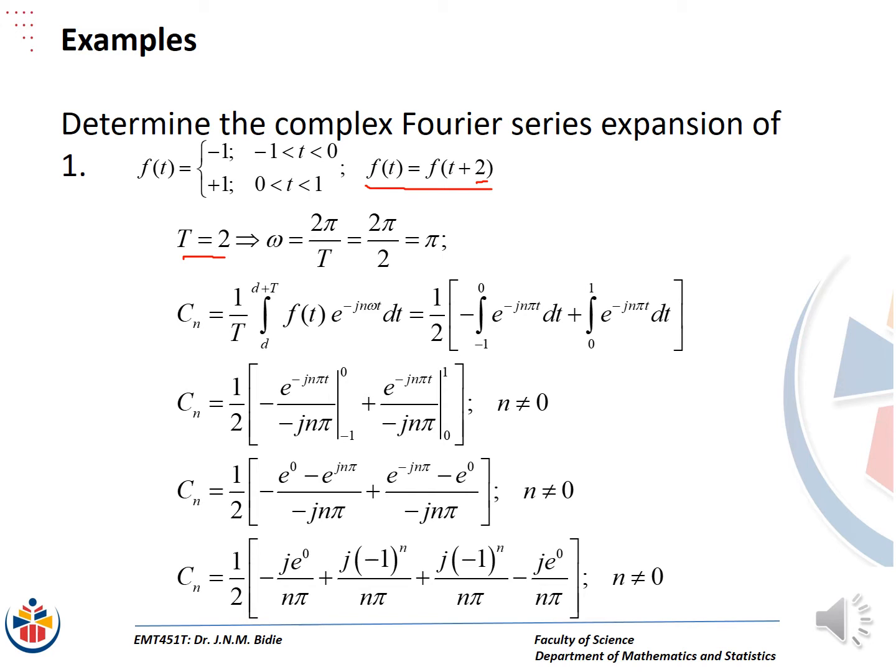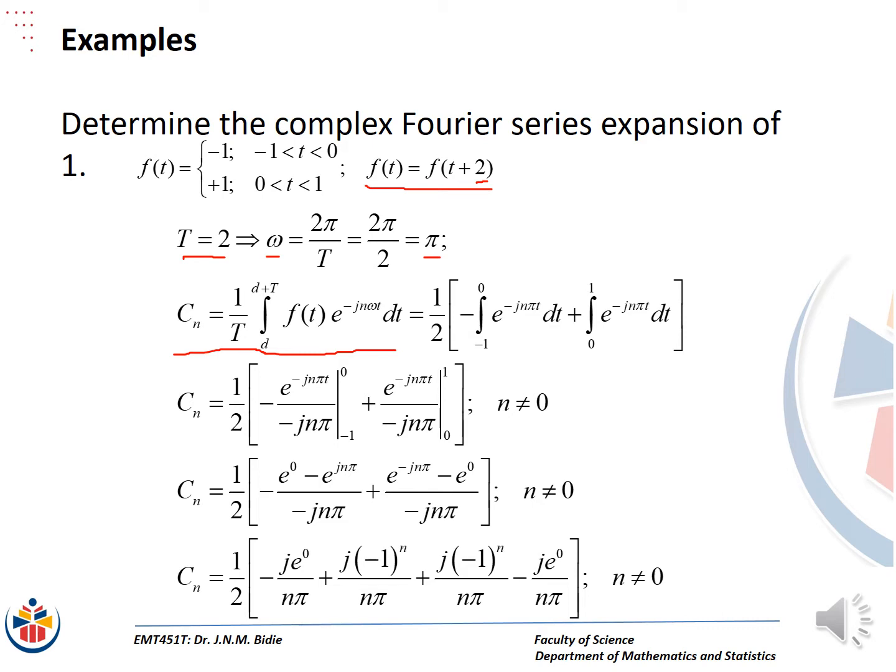And then one of the first things we do is to calculate the value of omega, and in our case, we're getting π. So we write down the formula as stipulated, the formula for the Fourier constants, because in order for us to do the Fourier expansion, we have to have that Fourier constant first. So substitute the value for T, substitute the lower limit and the upper limit. Note it's piecewise, so it's a sum of two